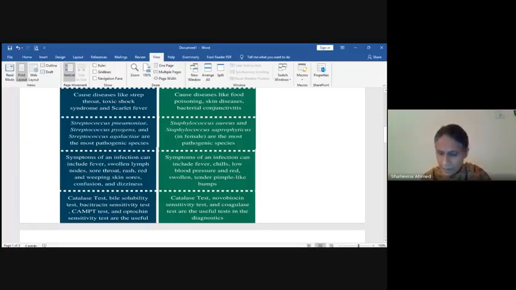Now, let me see if we've covered everything. Yes, your Staphylococcus may have a capsule. Usually a capsule is not seen, but in Staphylococcus, some members may have a capsule. But Streptococci have a hyaluronic acid capsule. And both of these microorganisms are oxidase negative. So these are some of the differences.